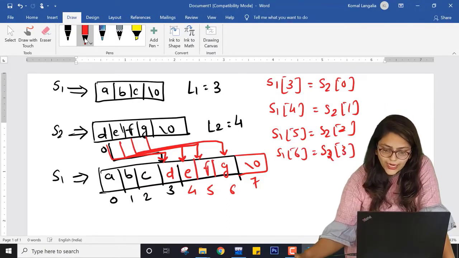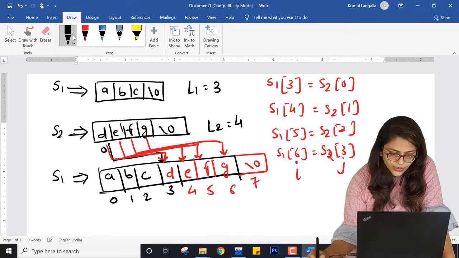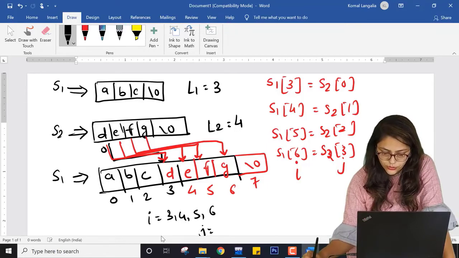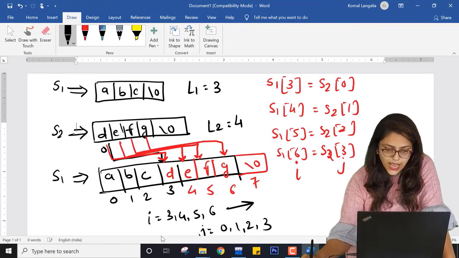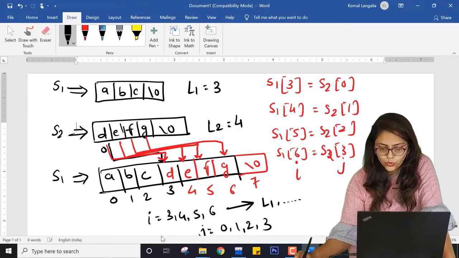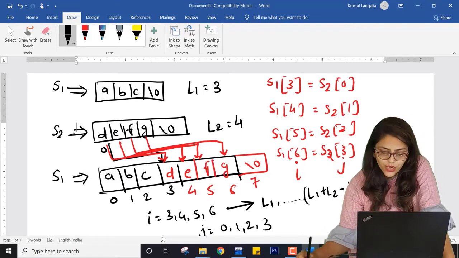Right? So I know this range. If I say this variable I, and this variable j, then what can I write? I equal to 3, 4, 5, 6 and j equal to 0, 1, 2, 3. Can I write this as starting from L1 to L1 plus L2 minus 1? Can I say this range as this?